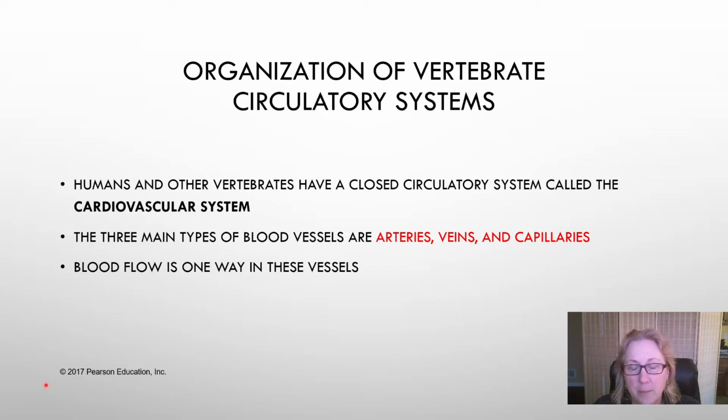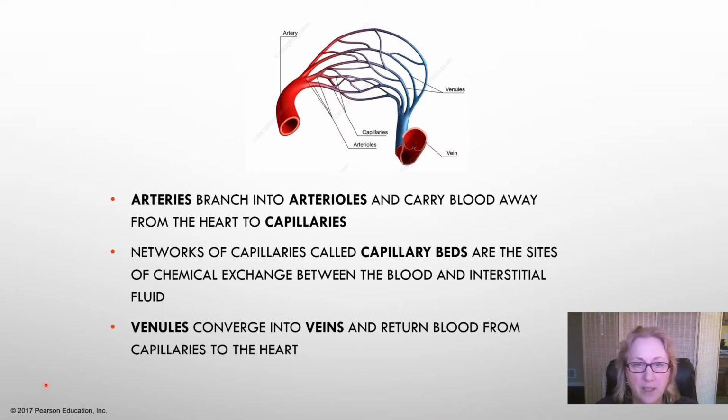So we'll talk a little bit about the organization and the structures in the heart and how the heart works. There are 3 kinds of blood vessels, mostly, and this is according to their size and whether they're carrying blood towards the heart or away from the heart. Arteries and veins are carrying blood either away from or towards the heart, and capillaries are the smallest vessels. And then we have other named types of vessels that are kind of intermediate in size there. And it's the capillaries that are the leaky ones.